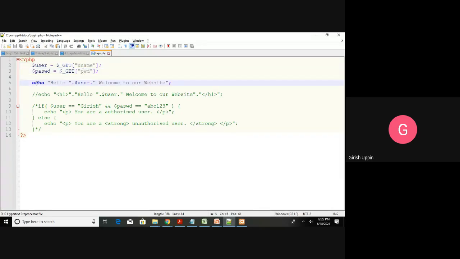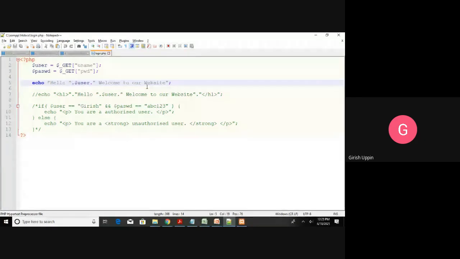And what I'm going to do, echo hello, space and concatenation with the user. So if I say user is Girish, hello Girish, then concatenated to welcome to our website. So if I click on that button, then it will say hello Girish, welcome to our website.